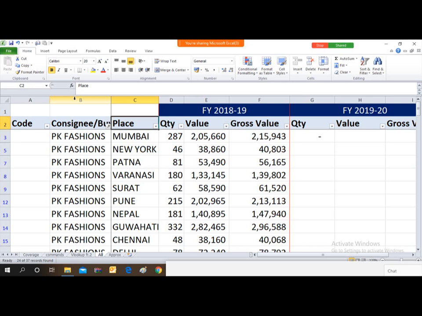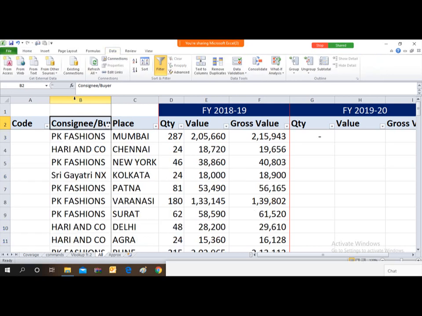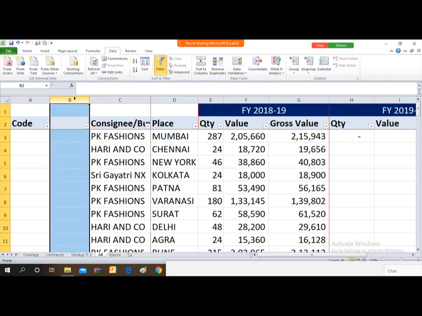By combining two words, two values, or multiple columns in a single column, it's up to you how you can make the unique combination. So let's combine the place and name of the party.